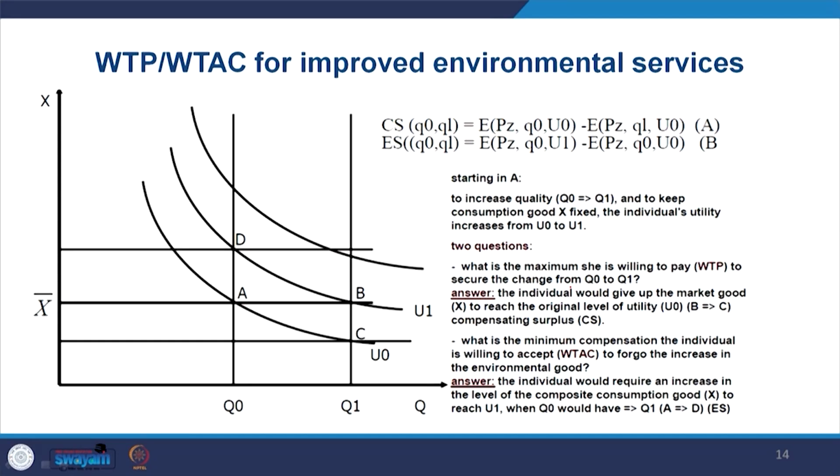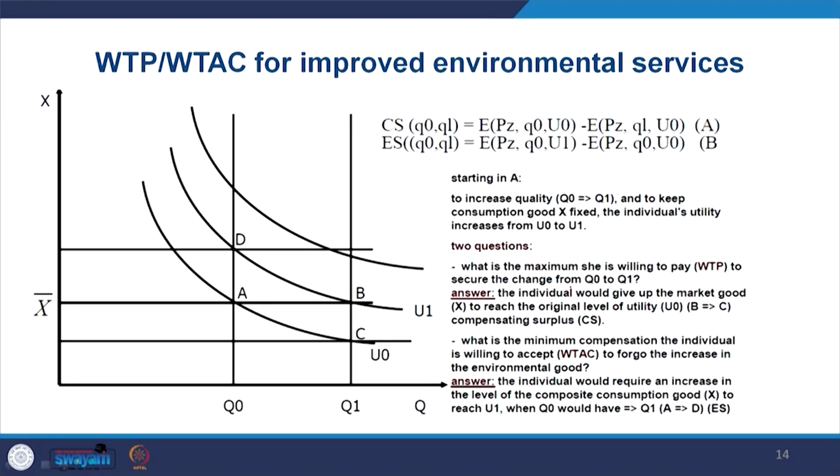When individual utility increases from U0 to U1, then the consumer reaches from point A to point B. So, now there are two approaches to quantify here how much the compensation should be given